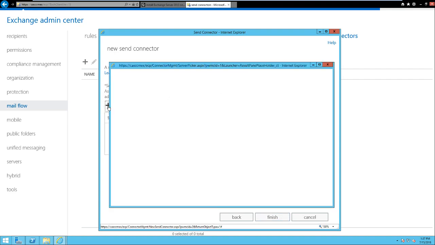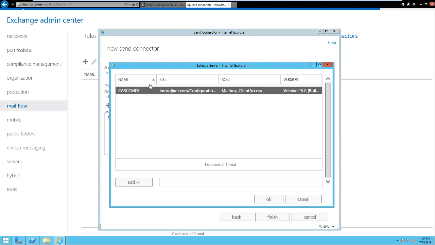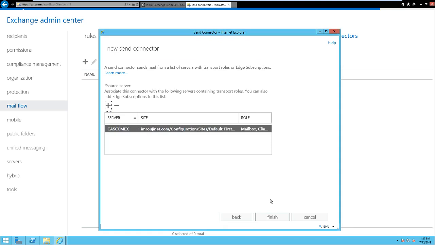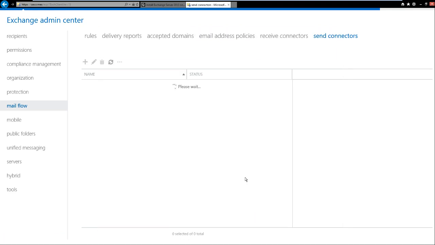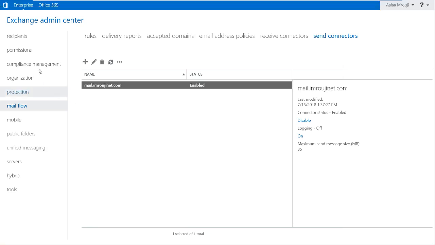I have only one server. It's my transport role, which is CA-SCCM. Then finish. Okay. Great. So now if I go back to recipients,